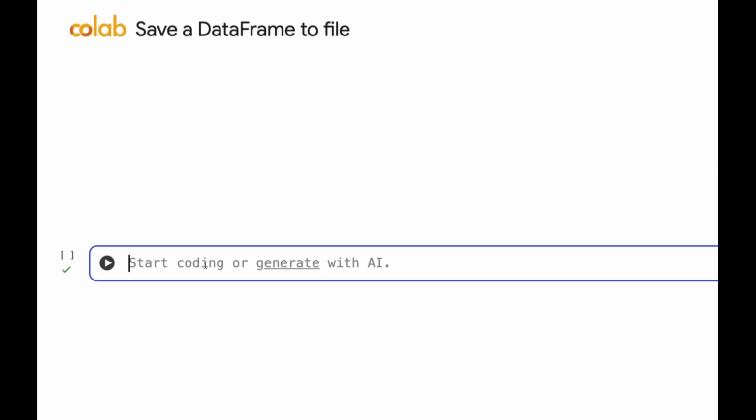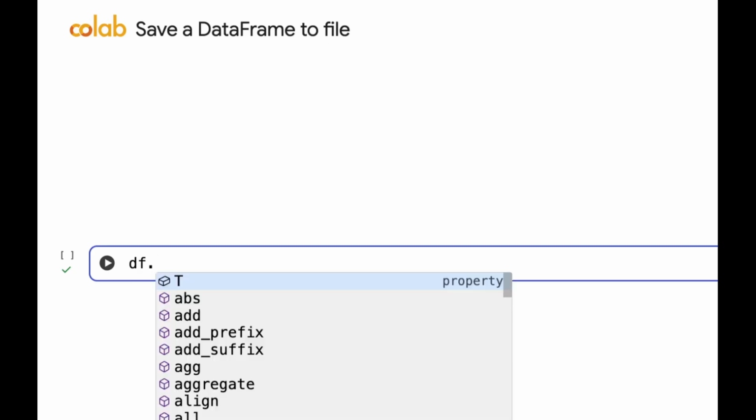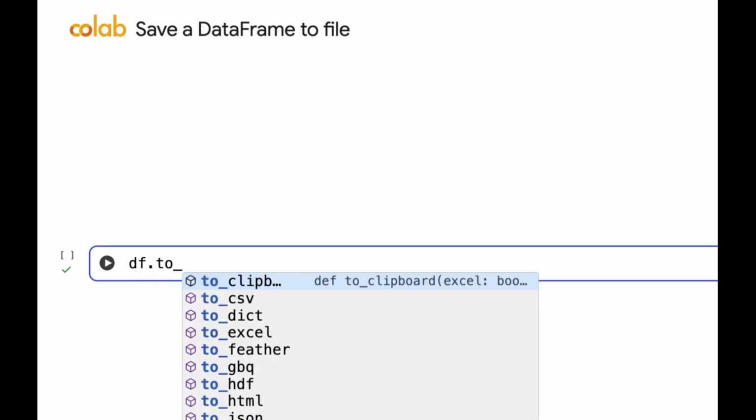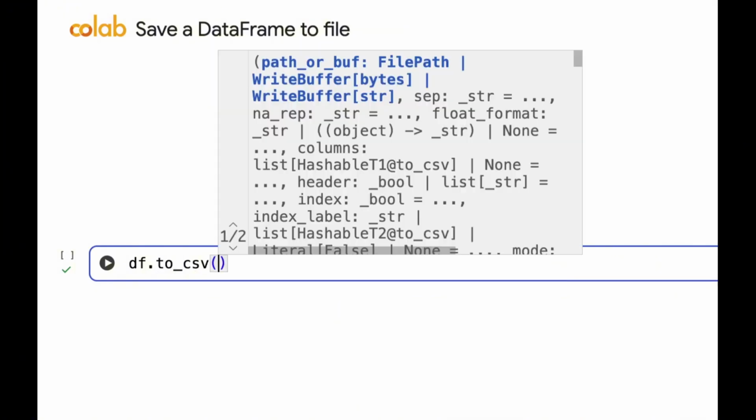So the way to save a data frame as a file so that we can permanently keep it is simple. So data frame name, because that's the df is the data frame I want to use, and then .toCSV, that's gonna save the file as a CSV file, right? And let me just